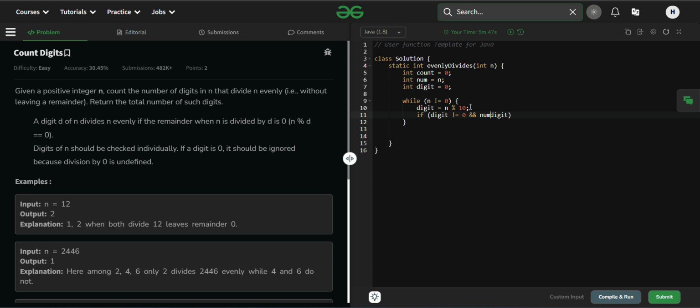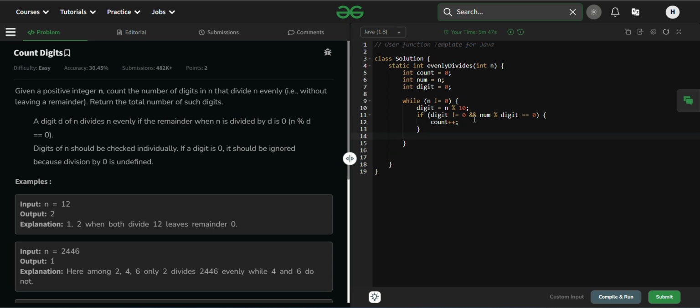That is, modulo of the number by digit should become 0. If that is 0, then we can say that digit divides that number. So if these two conditions become true, then we need to increase the count variable by 1,